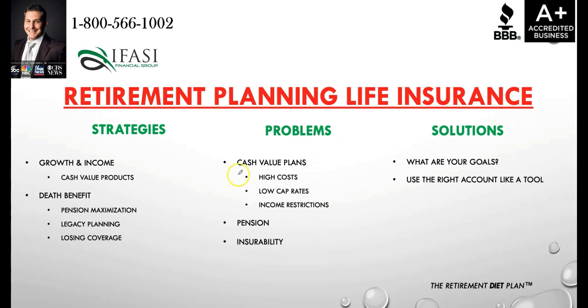Now, the other side of the coin is more for individuals that want to fixate on the death benefit. And they're saying, okay, I'm nearing retirement. I understand that the only sort of life insurance plan that I have is through my job. If I no longer work there, well, then my company is going to be taking away the life insurance. What do I do? And this is where an individual, if they're healthy enough and they are insurable, can get set up on an individual plan.